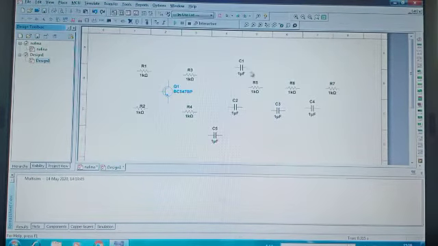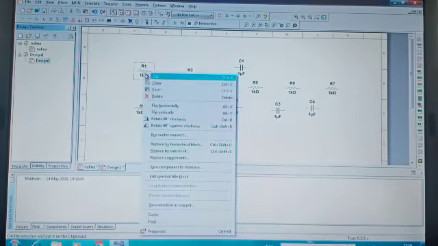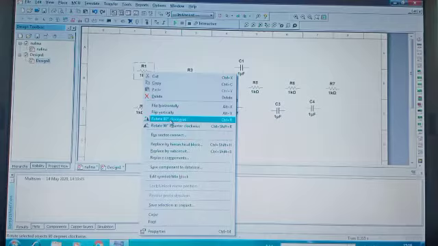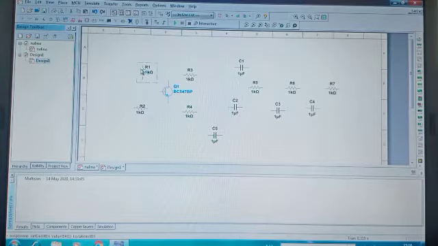Now we'll do the connections. Flip or rotate horizontally, since here it is in the vertical form. Now we need to flip this.